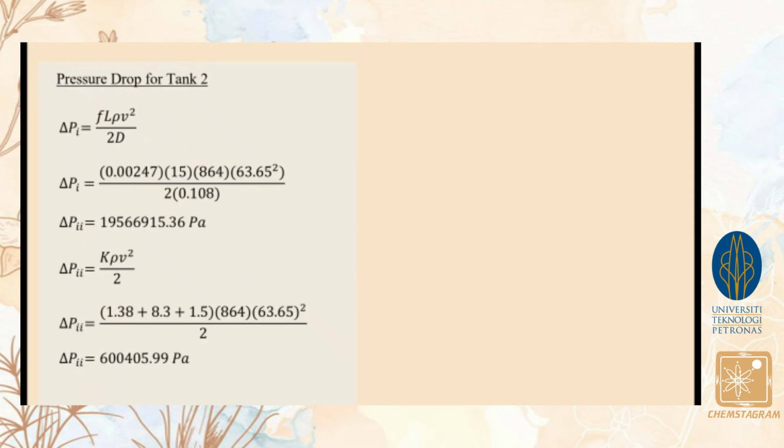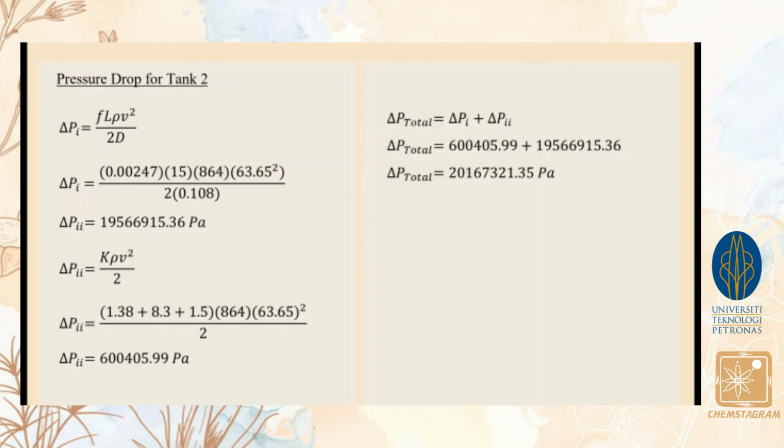To calculate the pressure drop for tank 2, we have to use two formulas. The first is the pressure drop of circular pipe, where delta P1 equals friction factor times length of pipe times density of fluid times the square of velocity over 2 times the diameter. The second formula is the pressure drop with resistance coefficient, where delta P2 equals the sum of resistance coefficient times density of fluid times square of velocity over 2. By adding both values, we can get the total pressure drop for tank 2, which is